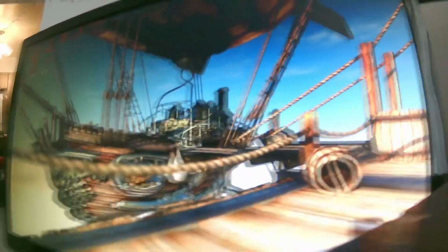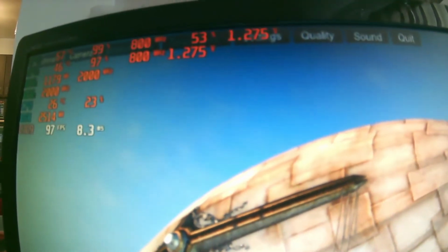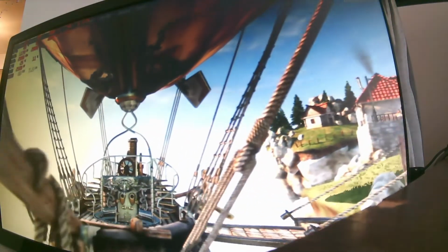As you see, it's running at 800 megahertz. MSI reports it as 2000 megahertz because it's reading 2 cores, but it's really 1000 for the memory. And it's running just fine